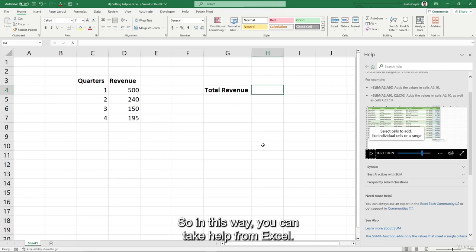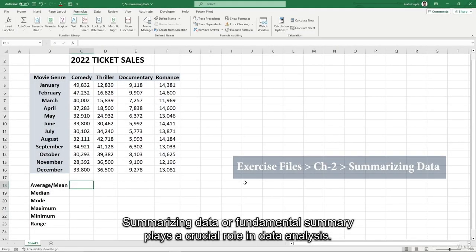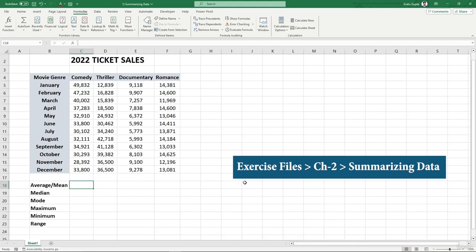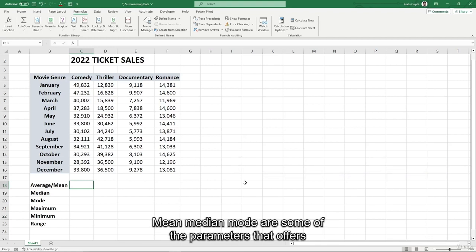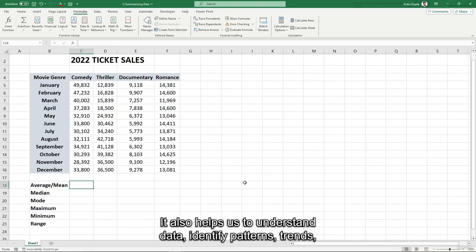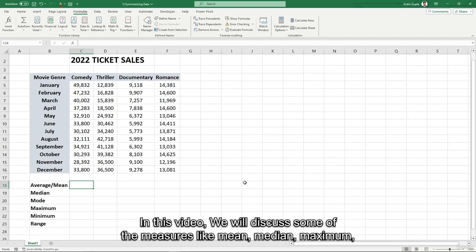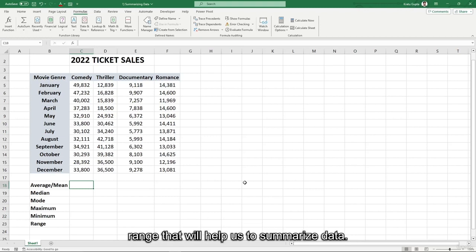So in this way, you can take help from Excel. Summarizing data or fundamental summary plays a crucial role in data analysis. Mean, median, mode are some of the parameters that offer unique insights of a dataset. It also helps us to understand data, identify patterns, trends, and makes data more manageable. In this video, we will discuss some of the measures like mean, median, maximum, range that will help us to